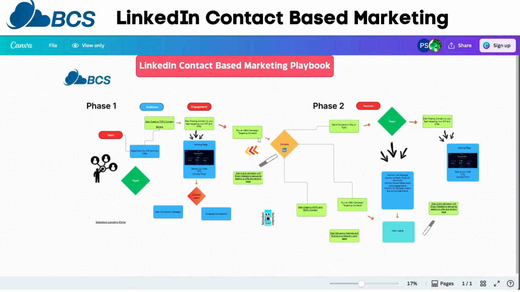So I want to share my new workflow with everyone. This is based on a LinkedIn marketing campaign based on contact-based marketing and a bit of account-based marketing thrown in there as well. This is a new step up from the cold email workflow that I had previously posted on